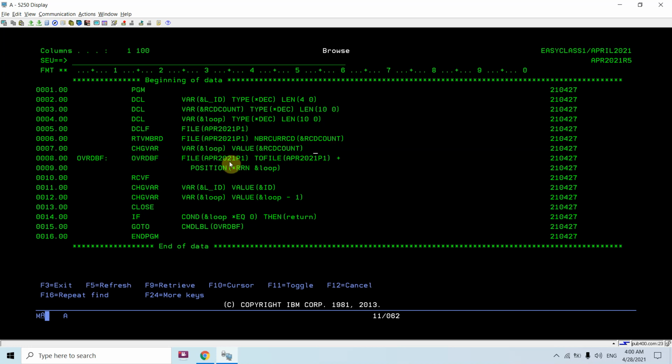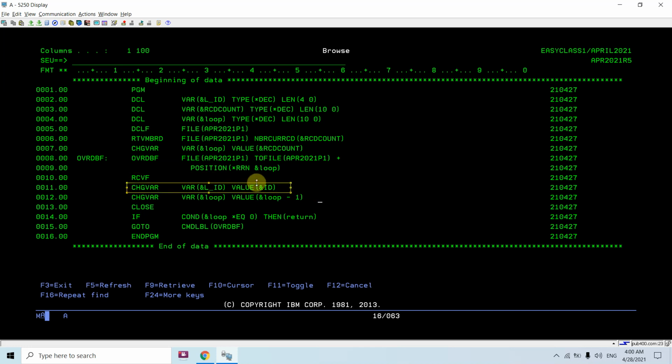Then I am positioning the pointer onto the fourth record, that is &loop, using the RRN way, since this is a non-keyed file, using the OVRDBF command. The OVRDBF command will set the pointer to the fourth record, and then using the RCVF command, I'll read the fourth record.